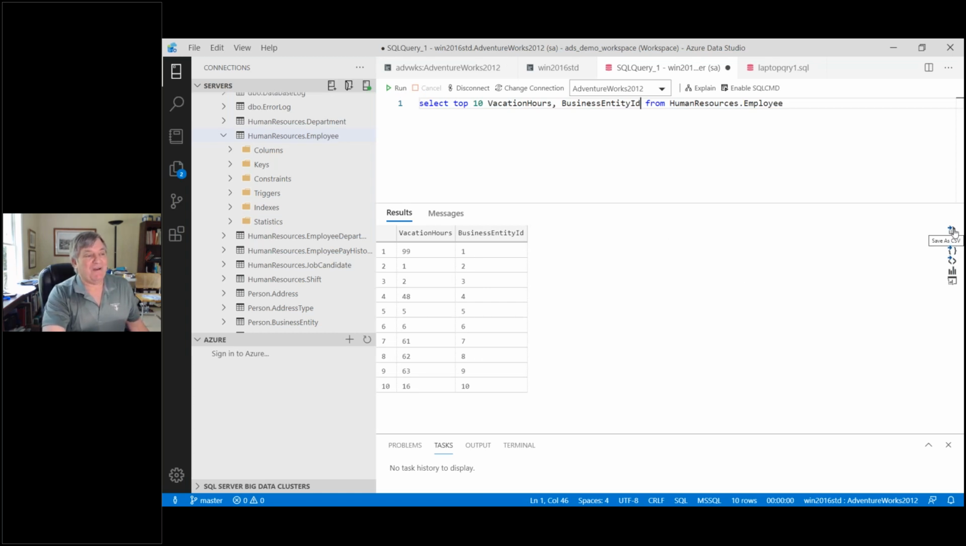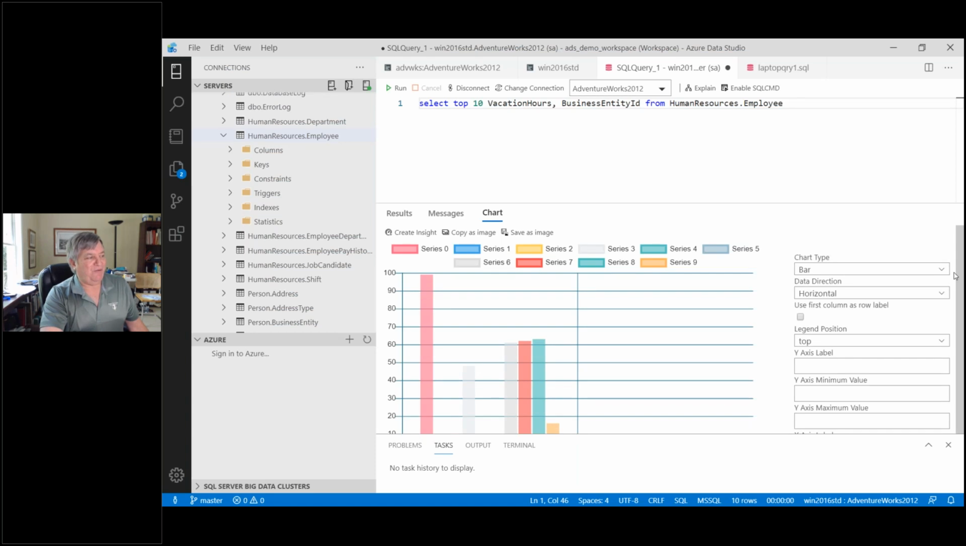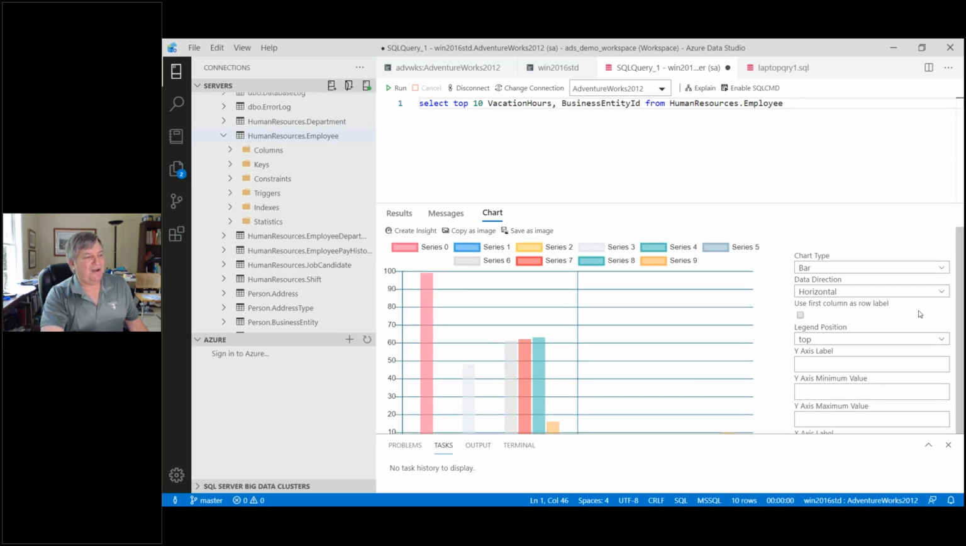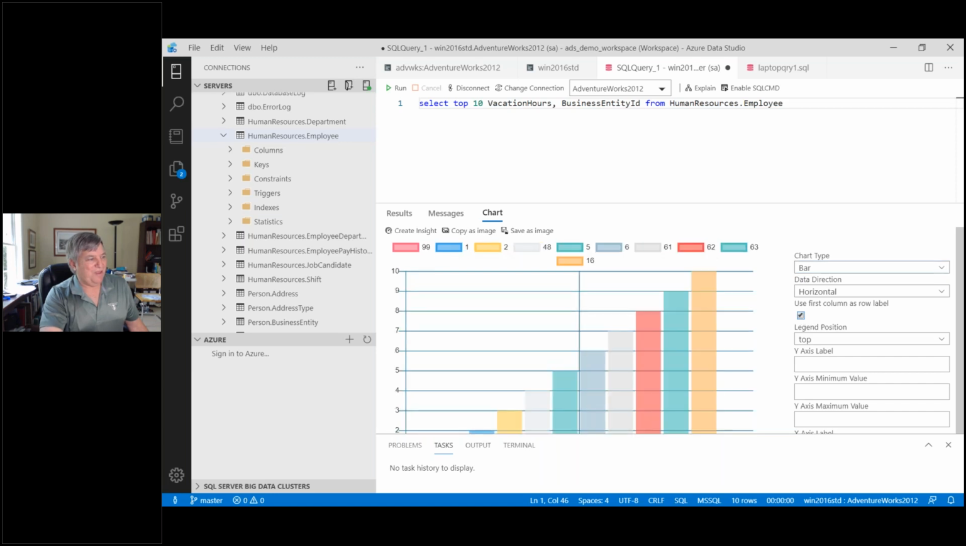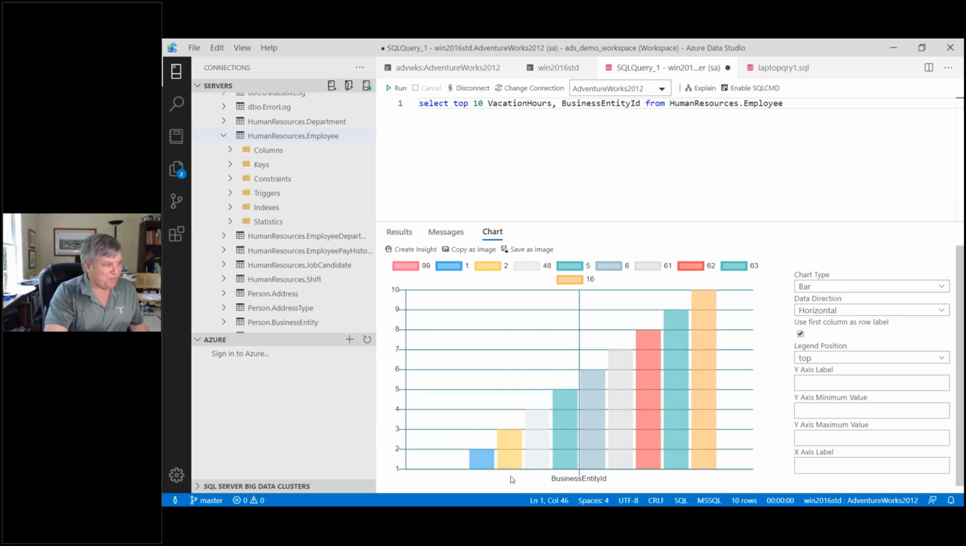But that said, if you look over here on the output pane, one of the output options I have is a chart. And what this is going to show me is the chart, and obviously it's customizable. It is a bar chart, that's fine. There we go. By employee, how many hours of vacation do each of my top 10 employees have? Not necessarily the most useful chart, but definitely a demonstration that we can quickly visualize numeric data